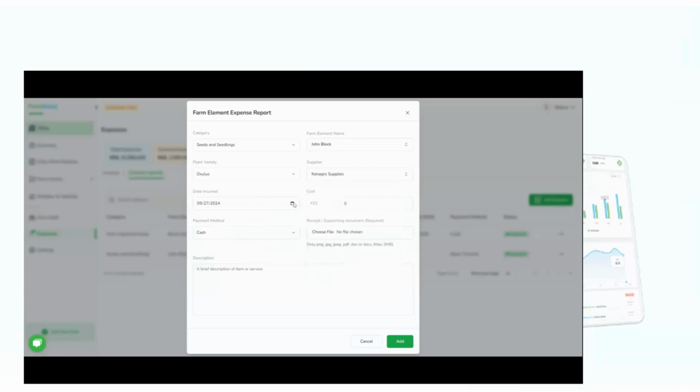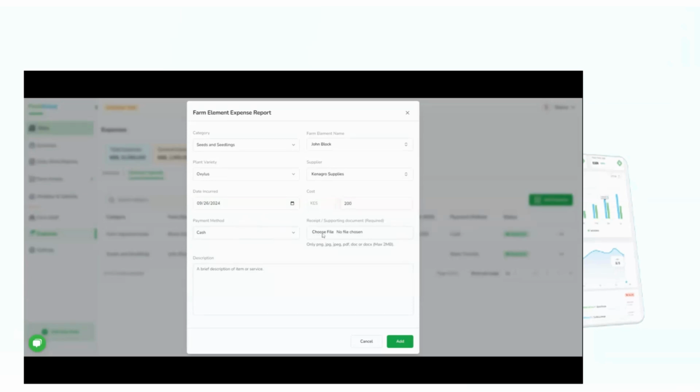Then the date of this specific expense, the cost, the amount of money you paid for it, and just to track your expenses and to make sure that everything that you do is traceable, you will be asked to attach a receipt or a screenshot of the transaction. So in this case, let's say it's your farm hand or your farm worker who did the purchase, and you want to verify that the purchase actually happened, they will be forced to attach any relevant documentation that might affect the same. So let's say we bought seed and seedlings for 2,000 Kenya shillings. I paid in cash,